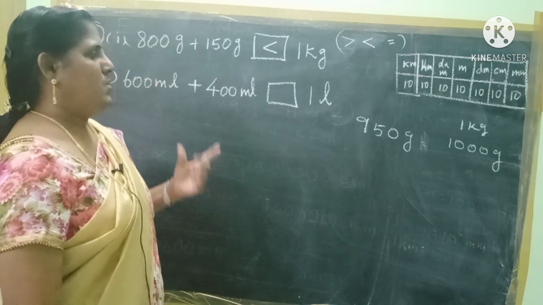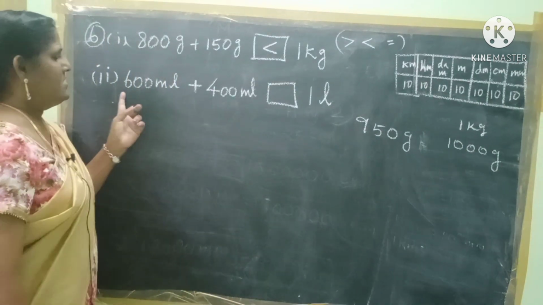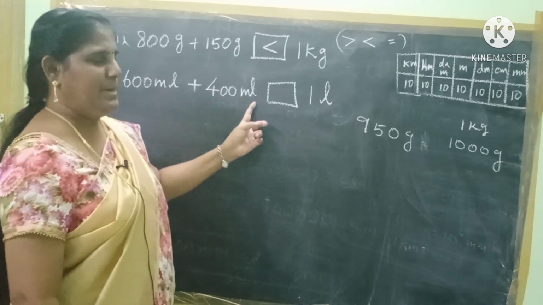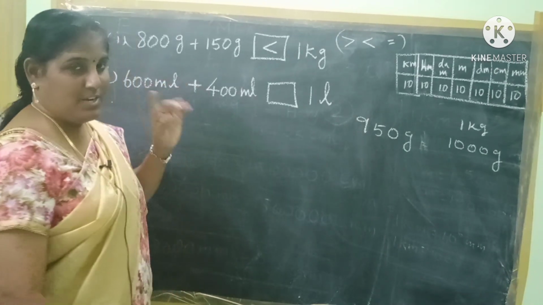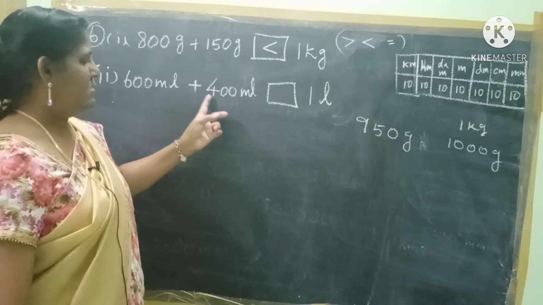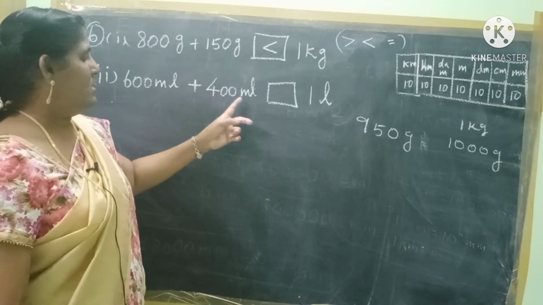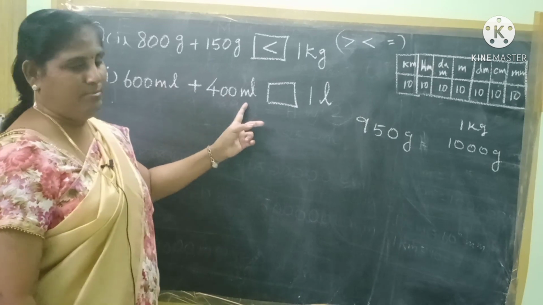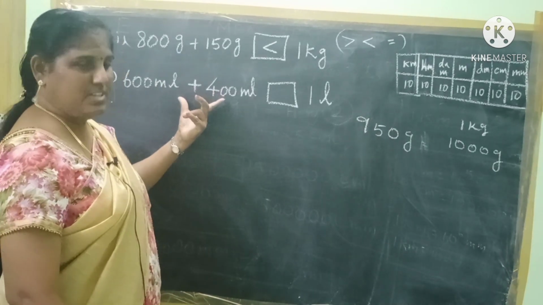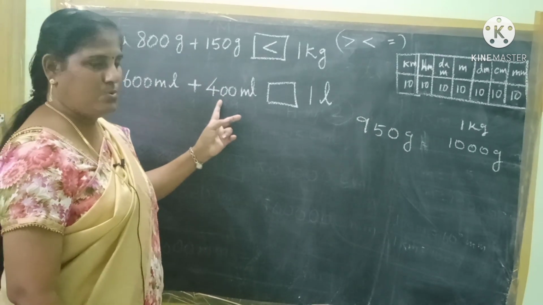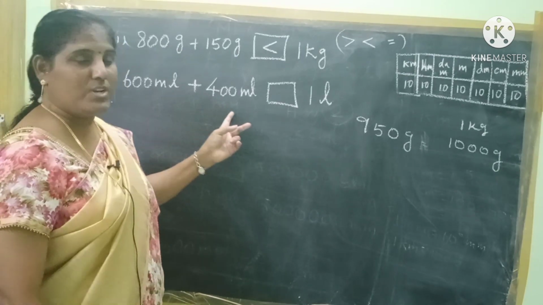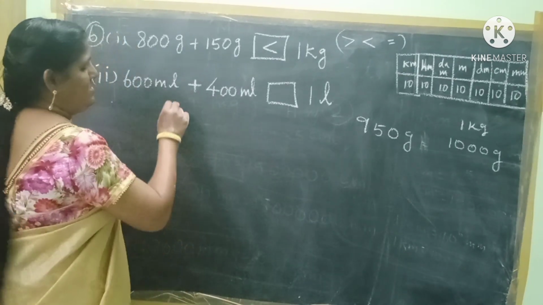Okay, so next, 600 ml plus 400 ml. I already told you, see this. Here what symbol is given? Addition is given. Here also ml, here also ml, so both the units are the same. So you can add these two numbers. 600 plus 400, what? Yes, 1000